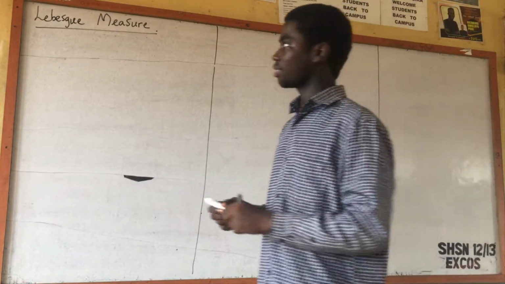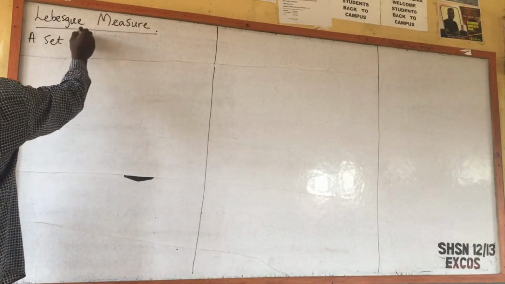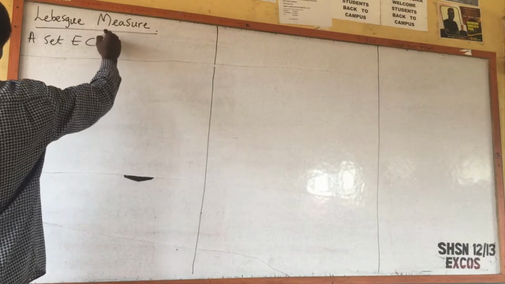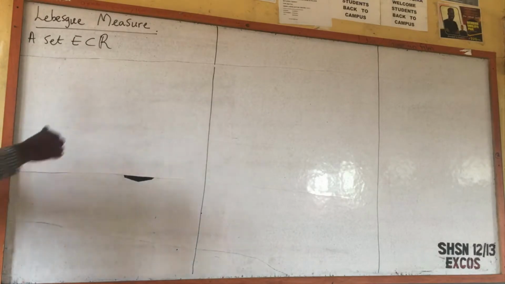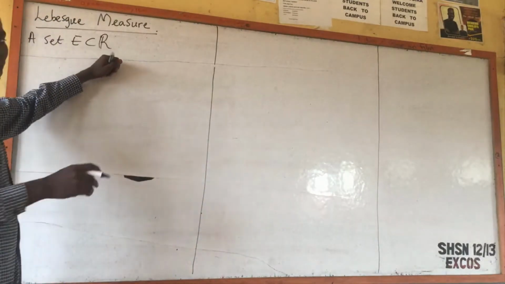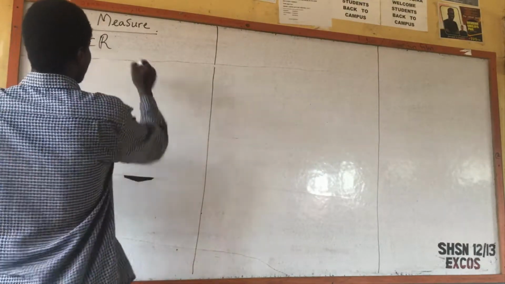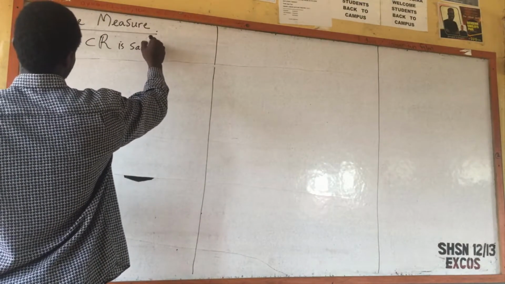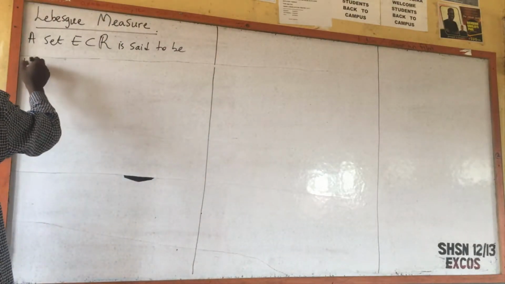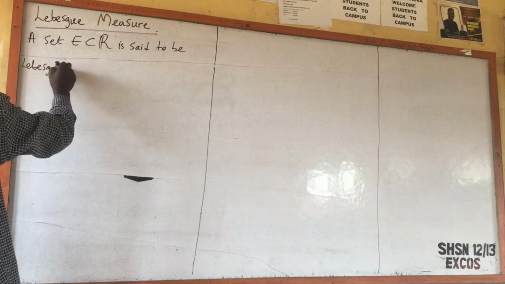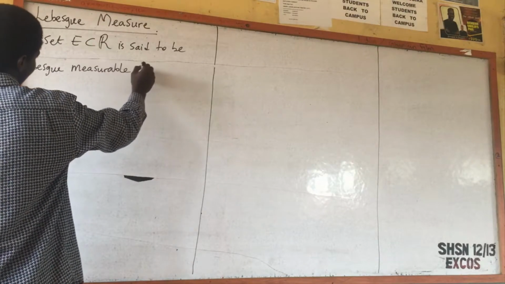Now, I want to define Lebesgue measurable. A set E in R, a subset of R. Since I'm working in R, the space I'm working on is R. A set E is said to be Lebesgue measurable if